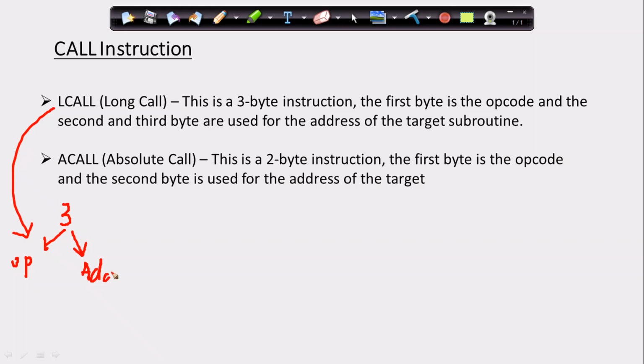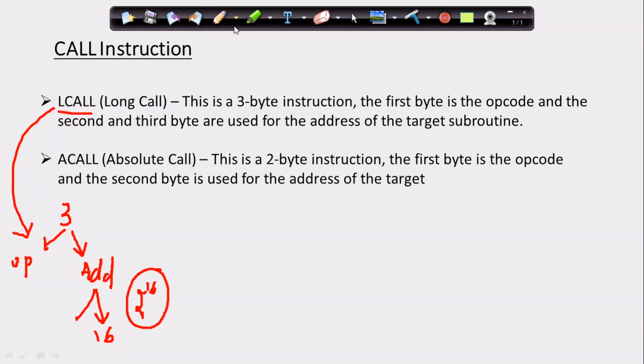So this address can have a total of 16 bits. That is 2 raised to 16 address locations that I can have with long call.